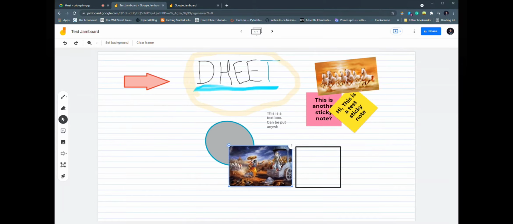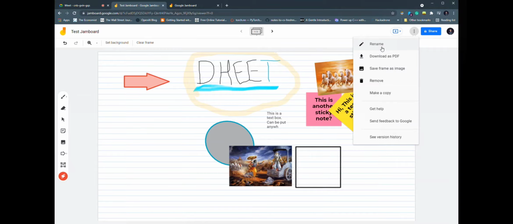Now you can also click on this new arrow to create a new frame. As many times as you click on it, it will create a new frame, and you can again put things on it. You can create it for different people or for different topics. It's like opening a new page in a notebook, so you don't have to erase the old one, which is very convenient. If you click on the three dots, you'll see other options.